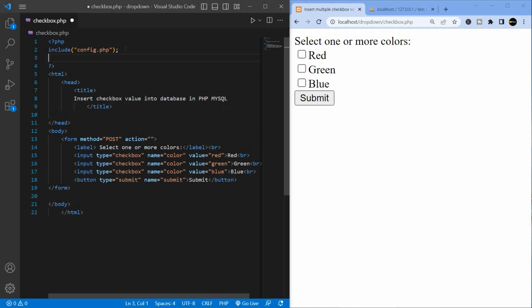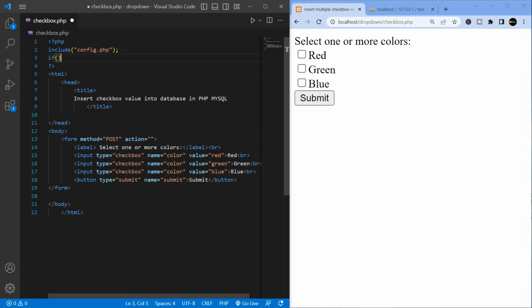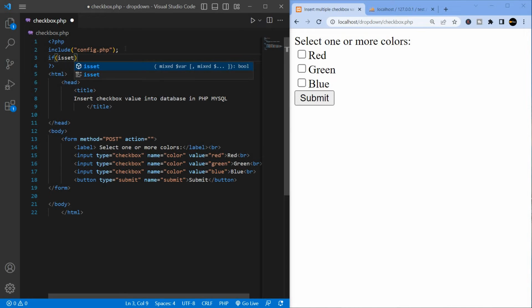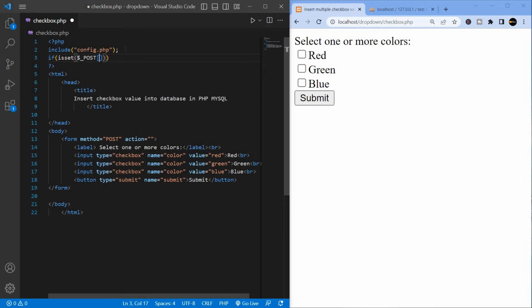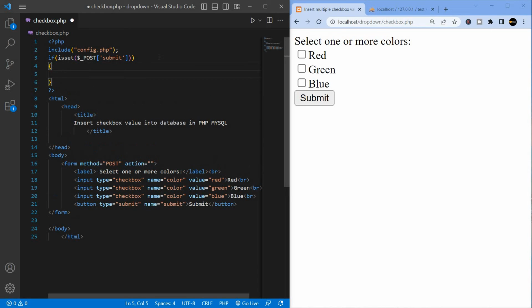Now if it's set $_POST and pass button name, so submit, copy and paste here. Second bracket, then